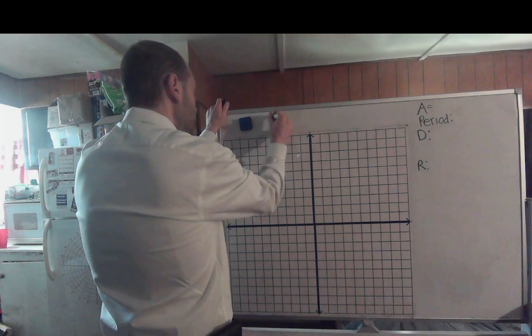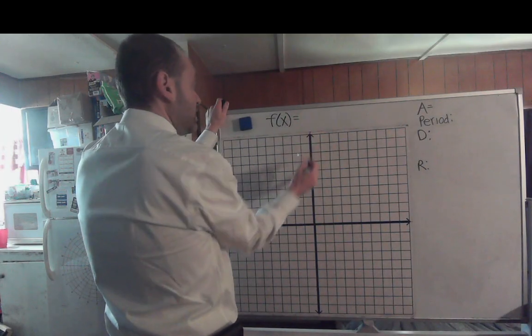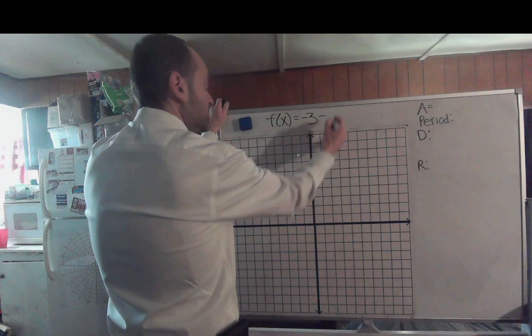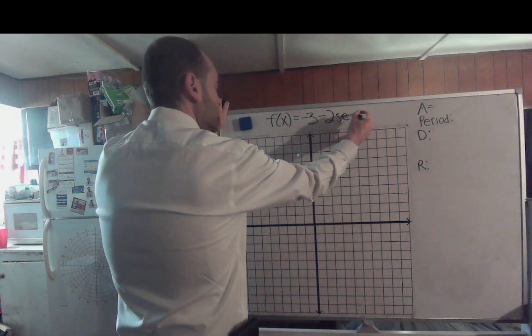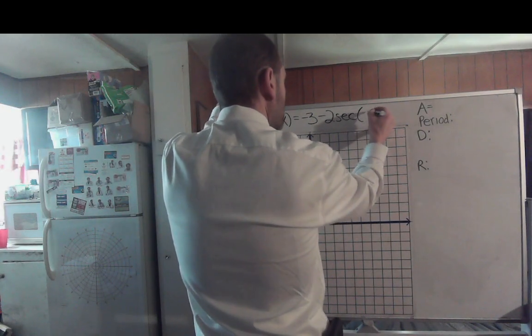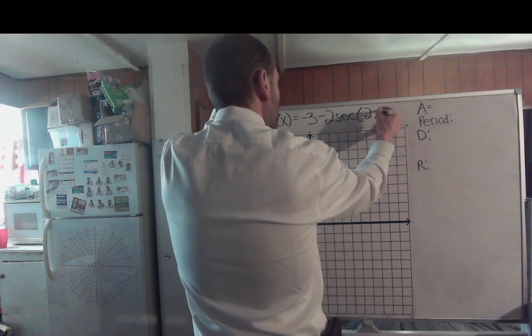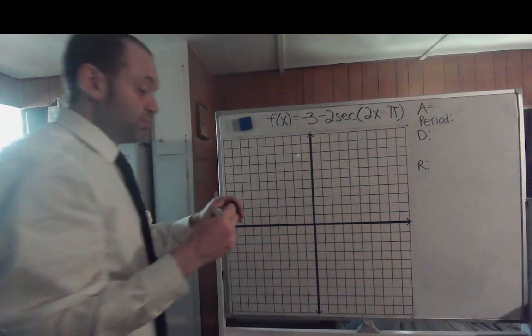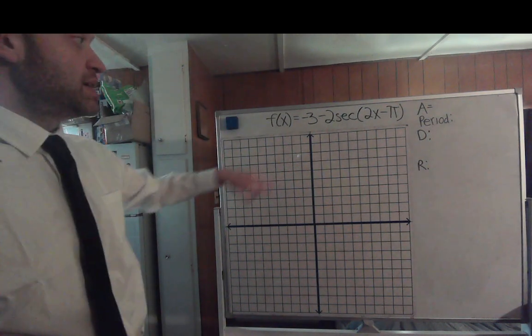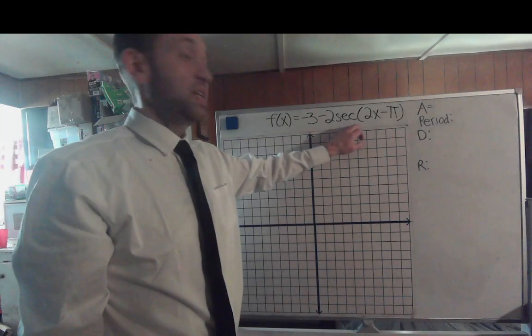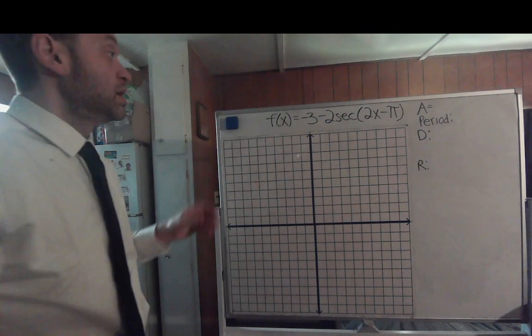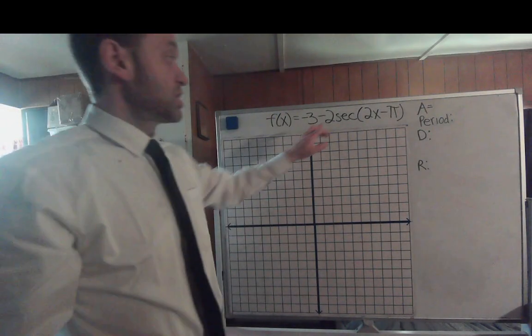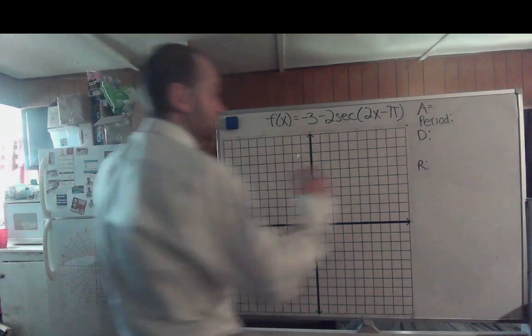So, f of x equals negative 3 minus 2 times the secant of 2x minus pi. So we have multiple changes occurring. We have negative 3 minus 2 times the secant of 2x minus pi. Let's deal with the amplitude first. What is the coefficient on the secant? That's negative 2. So take the absolute value of negative 2, you'll actually end up getting an amplitude of 2,